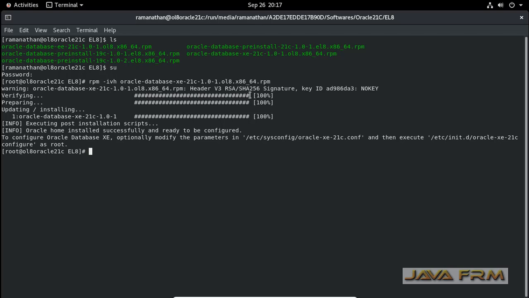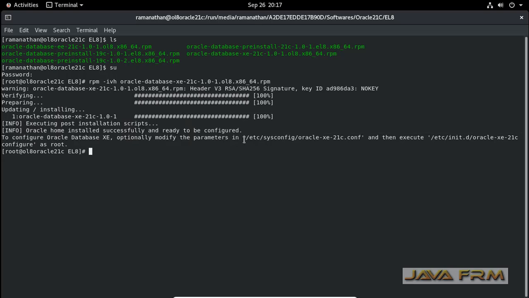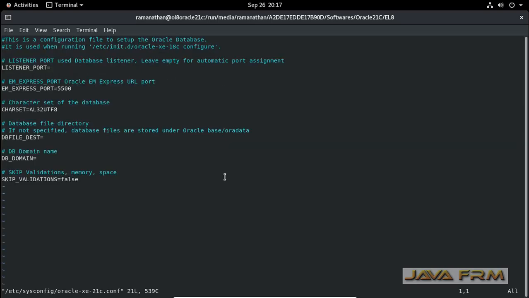To configure Oracle Database XE, optionally modify the parameters in /etc/sysconfig/oracle-xe-21c.conf and then execute /etc/init.d/oracle-xe-21c.